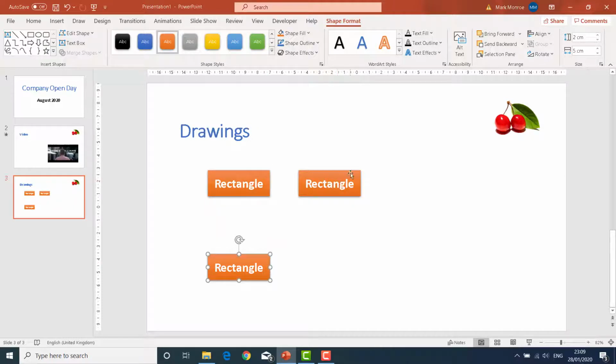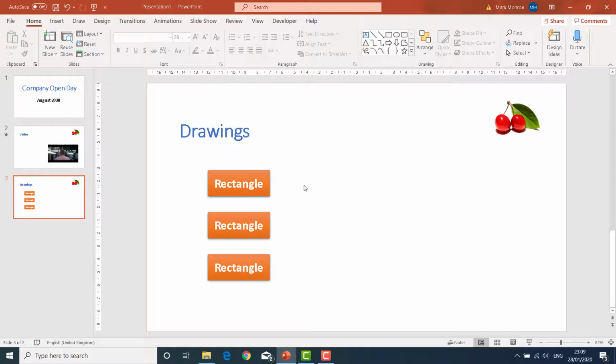If I now grab this other box, I can move this and do two things. One, make sure it's lined up with the one above and below, but also note the little arrows that appear when it knows I've got the same distance between each of the shapes. Now this can be turned on and off. It's called Smart,